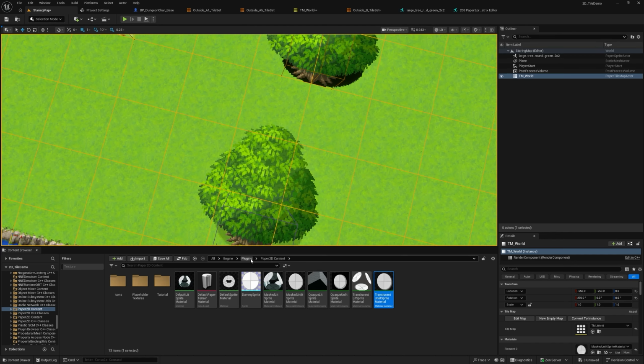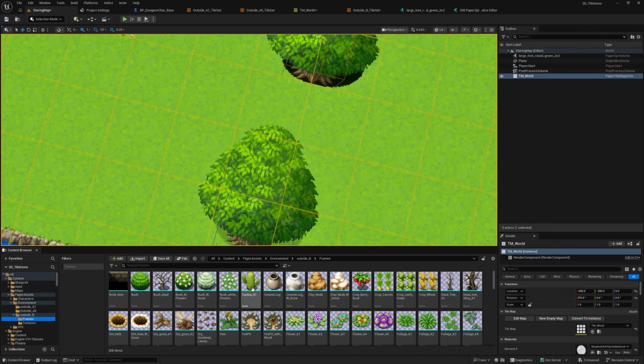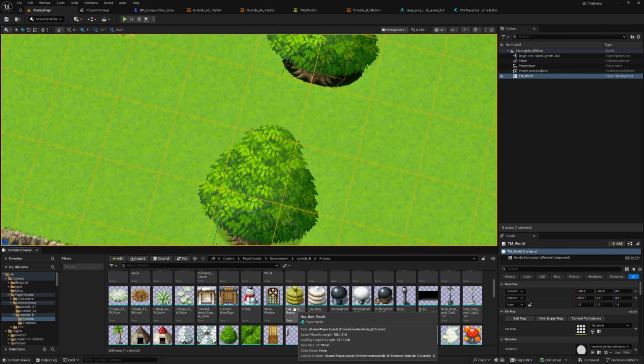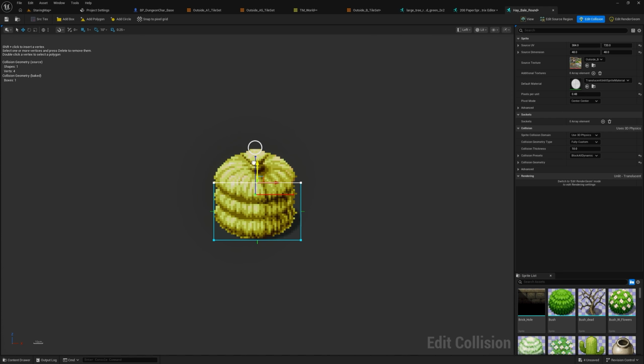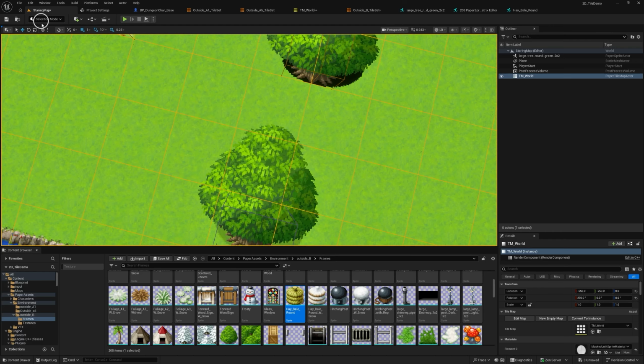So if I wanted a sign or a crate, now that I've done all of that, I can go back to my frames. I could grab like this cacti maybe, or the hay bale. Yeah, let's open up the hay bale. We're going to go edit collision. I don't want the back to be blocked there, but maybe something like that. And then I would again set the collision to like 100, and then I could do the from bottom center. And then if I were to drag this guy in now,